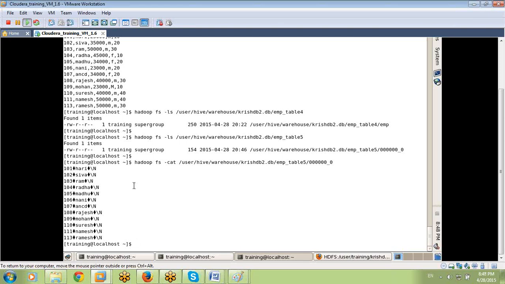Okay. Yeah, here also null is coming. Yeah, got it. Why is null coming here? Because we are overwriting within the limit, within HDFS. That's why null is coming here. Integer, yes.